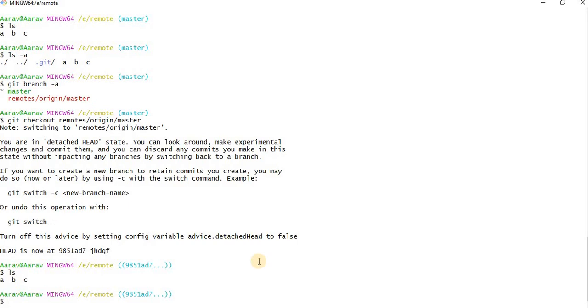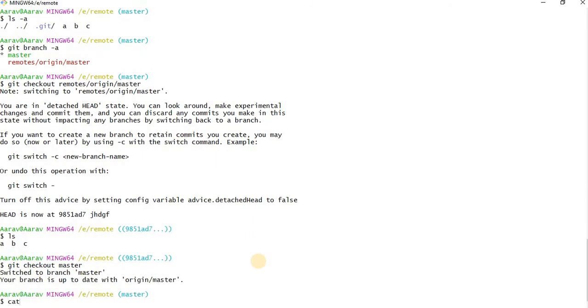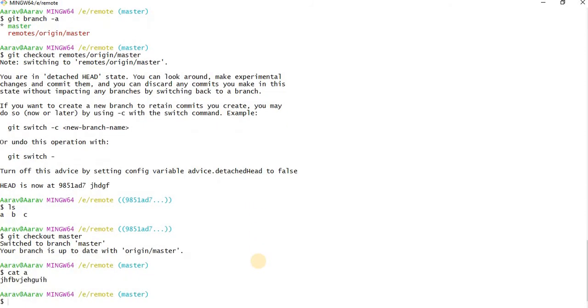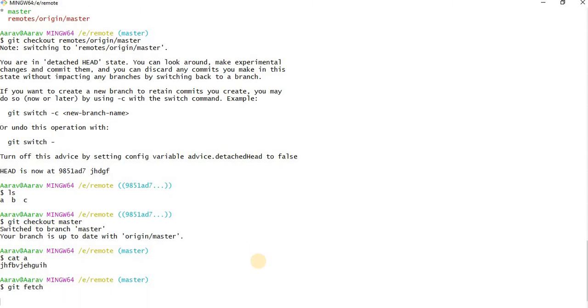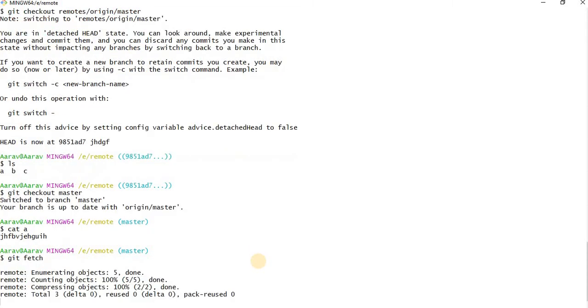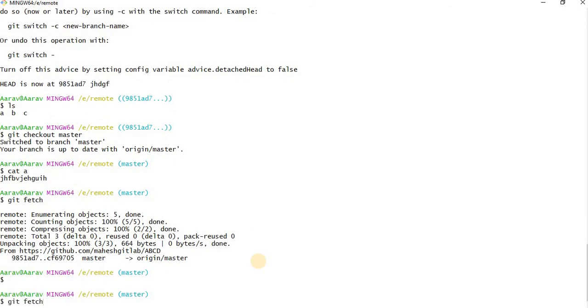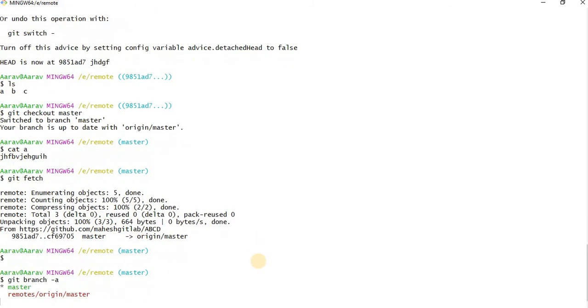So let's move to git checkout master, just do cat a. See, I have only one line of code that I pushed from my local to the repository, but in the remote repository I have two lines of code. So now just git fetch again. Done git fetch, check the branch, git branch -a.